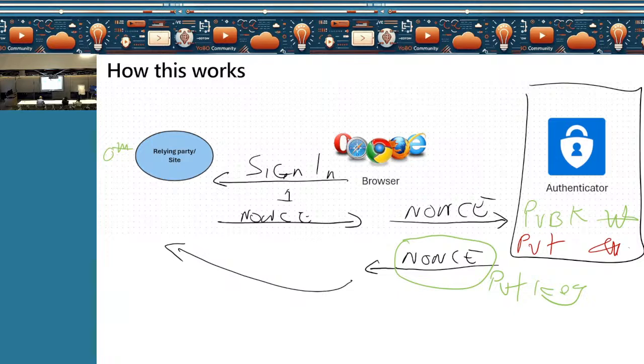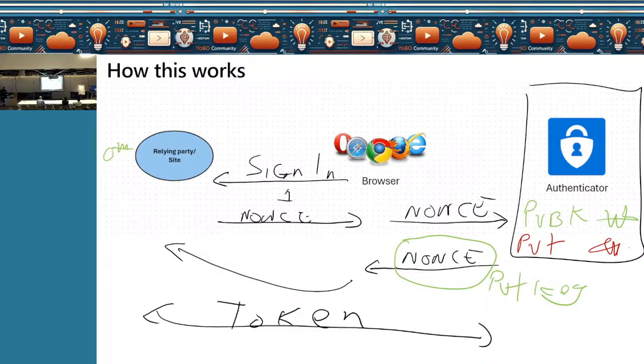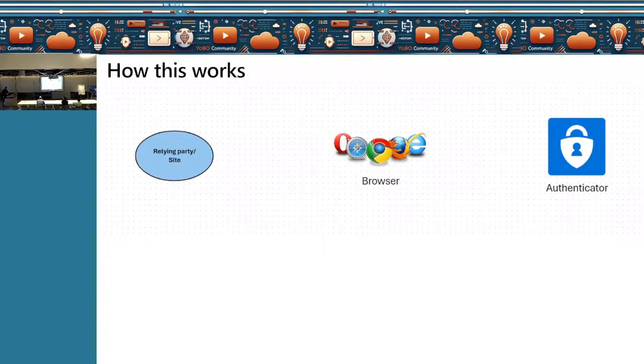Once it decrypts it, it's going to issue the token. Or it might have another process which it might follow. But what I'm trying to establish is we are using asymmetric key encryption, PKI encryption, for this combination. Now, there are a few things it's doing other than that also.